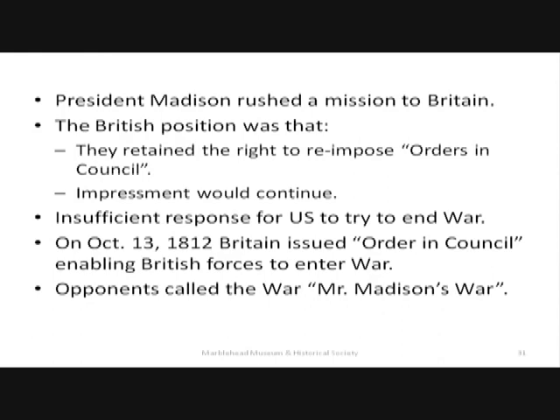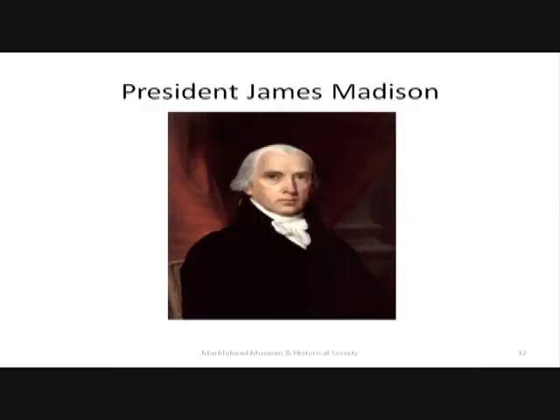But like it or not, we were in war. And the opponents called it Mr. Madison's War, which from all indications, it really was. And here's Mr. Madison in his prime. He was a short gentleman, and by 1812, he was 61 years old, and his description was a wizened old man. He'd aged badly. His wife, Dolly, which all of you have heard of, was 17 years younger than him, and pretty much in her prime, so she got a lot of credit. He didn't.